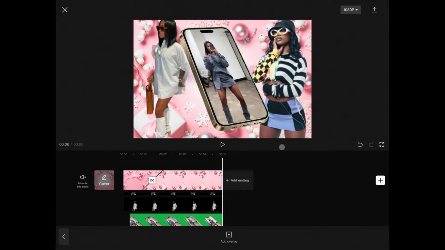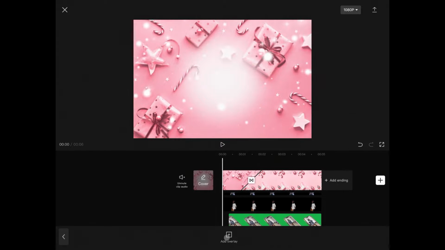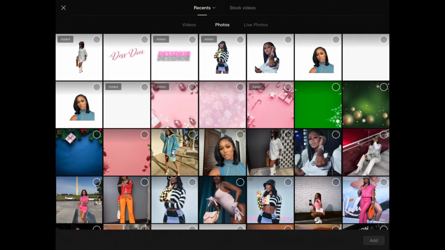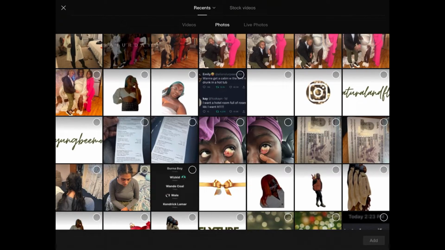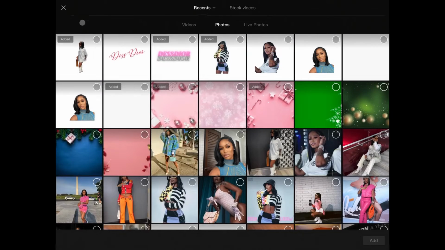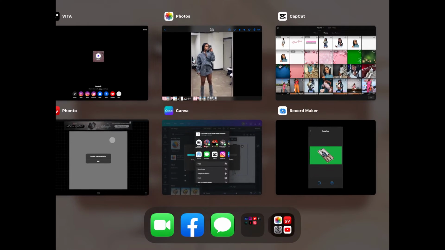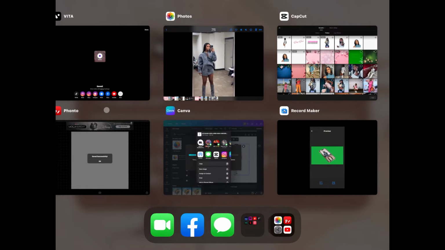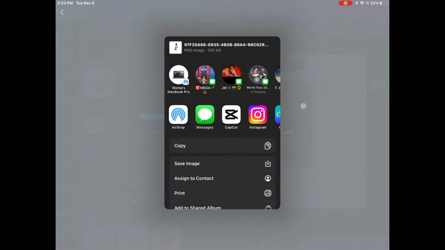So now we're gonna come out of here, and I'm gonna show you how to add the bow, and we're gonna add another overlay. Now I already saved the bow, right here. So we're gonna add that, but I'm also gonna show y'all how I got the bow. So we're gonna go back into Canva. I don't know what I'm looking for, but we're gonna go back into Canva, and I kind of just type in